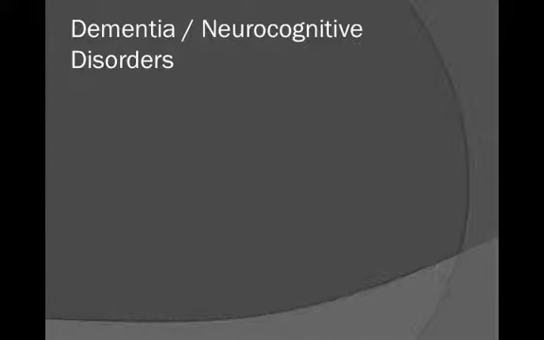Now let's examine dementia in a bit more detail. We remember that we talked earlier that the DSM-5 will now refer to the category of these disorders as neurocognitive disorders, but dementia will still remain in that category. But we'll see that it'll be listed by a variety of its different etiologies or causes. We want to remember that the prevailing idea behind dementia is decline of one's cognitive and executive functions.